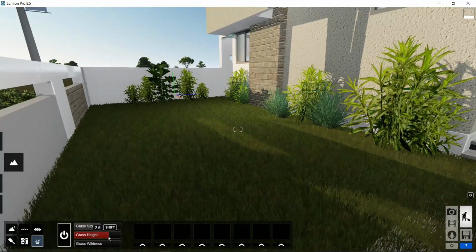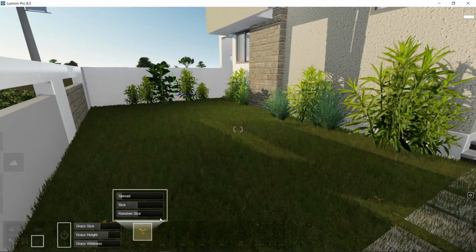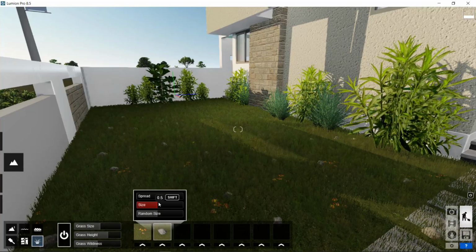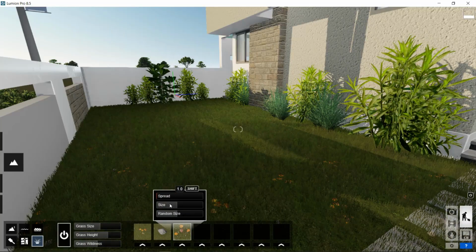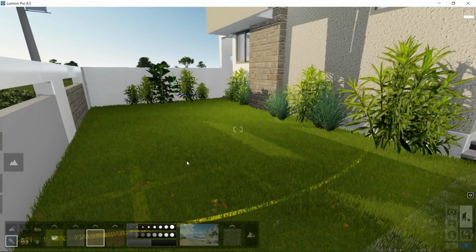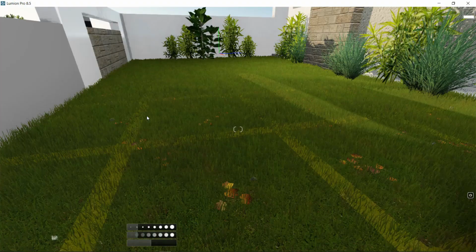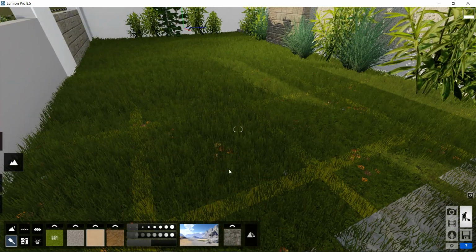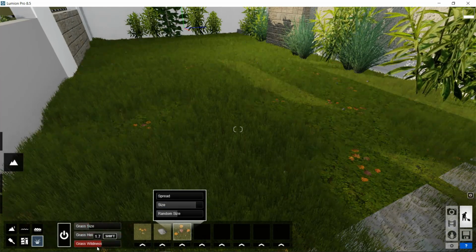The fourth thing is very simple, but most people don't do this. That is to assign your grass material as Lumion landscape and switch on the grass tab in the landscape option, and just add some leaves, stones, flowers, whatever you want, and change the grass type and see which is suitable for your type of project.